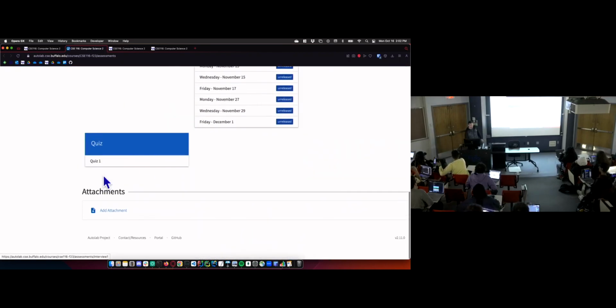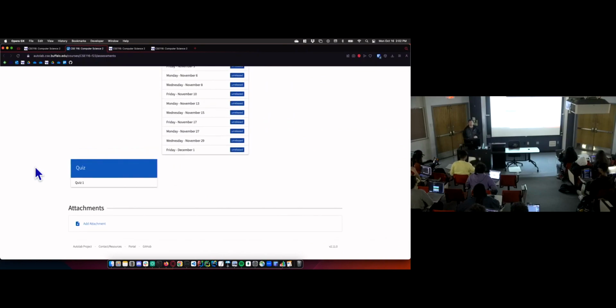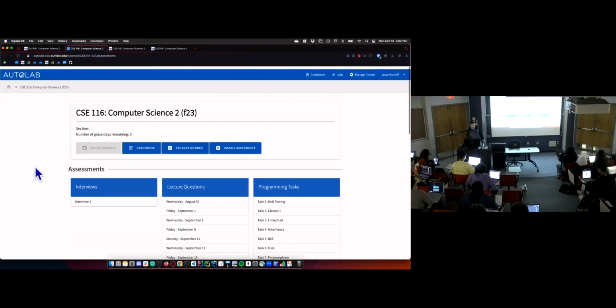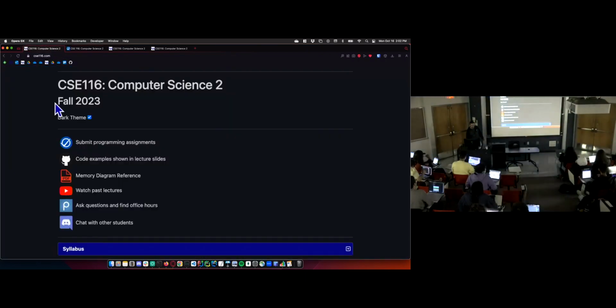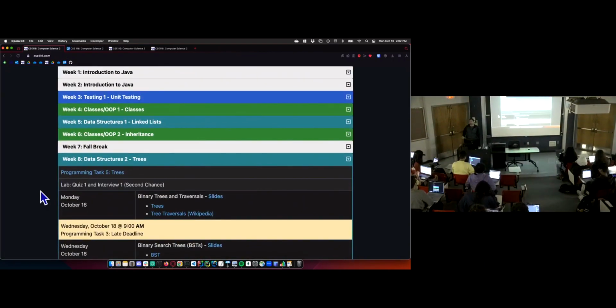So interview 1 and quiz 1, they're posted on Autolab. Double check your scores to see what you have. All the quiz regrading is done. We reviewed everything and looked at them all. But double check your scores for those. And if you have credit for quiz 1 and interview 1, meaning in Autolab your score says 1, which means you've completed that learning objective.